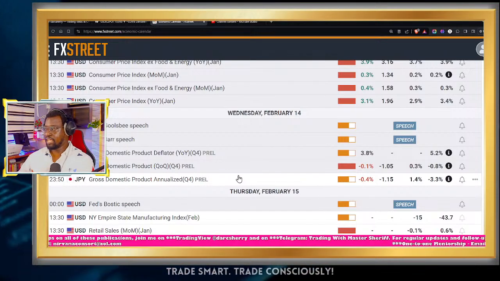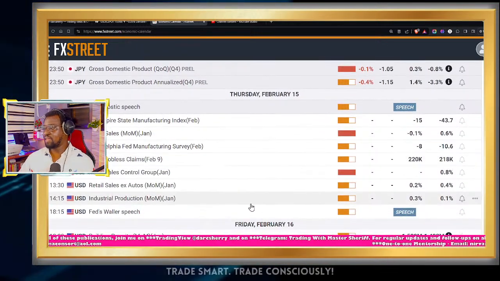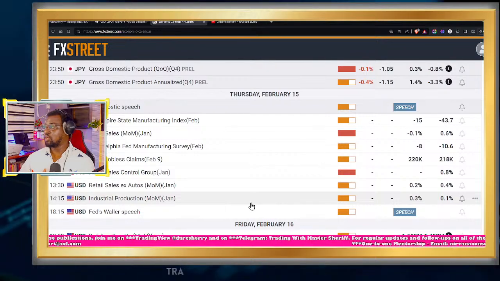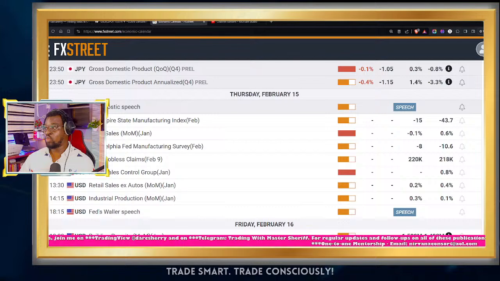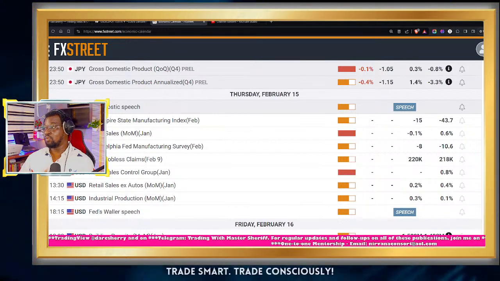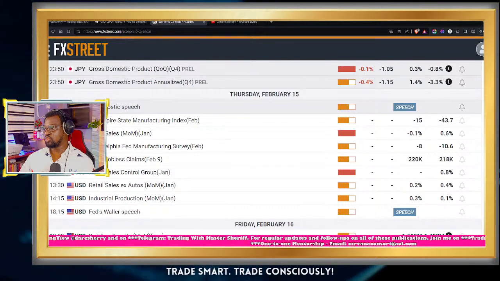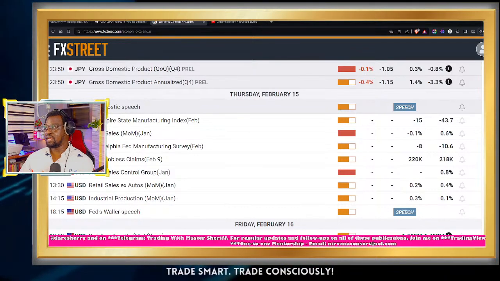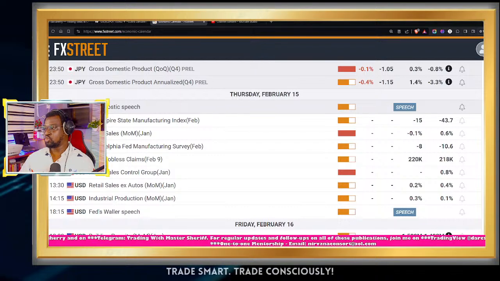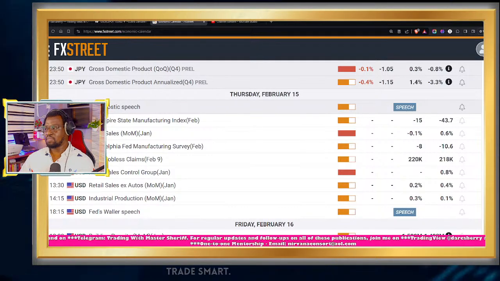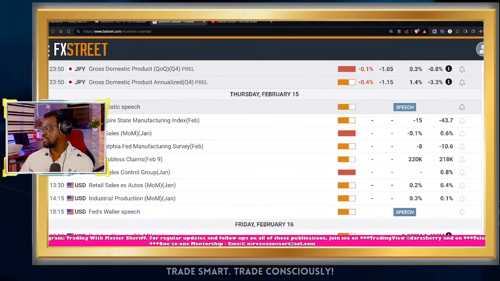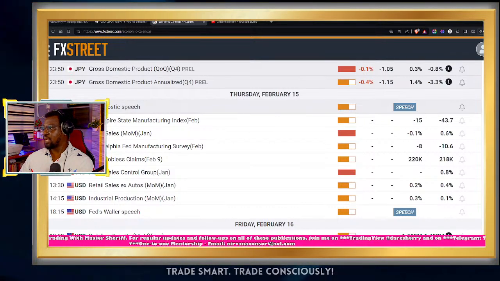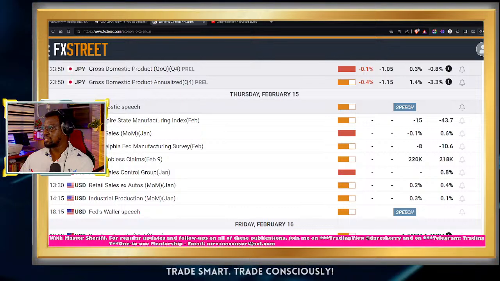So for today, Thursday, February 15th, we have a couple of high impact events from the United States, but I also went further to include some mid-tier economic features so that we can have an insight into what may influence the market sentiment for today. So on our list here, hold on a second please.